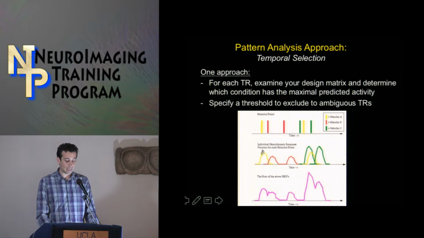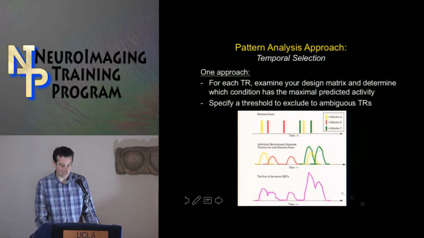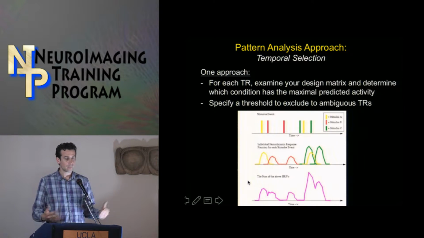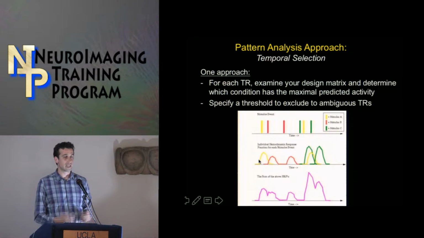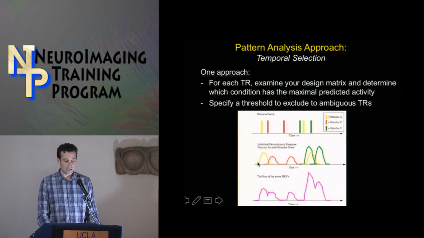And then you could just look at each time point. This is just an illustration of what the summed model here would be. But this was the important part. You could look at each time point to see which class should be most active in the person's brain according to your model. So you would just look at your design matrix and see, is yellow the winning condition here? So I'll predict yellow, predict yellow, predict yellow, predict yellow, predict yellow, and now I'll start predicting condition B,